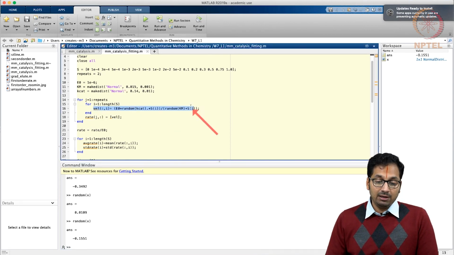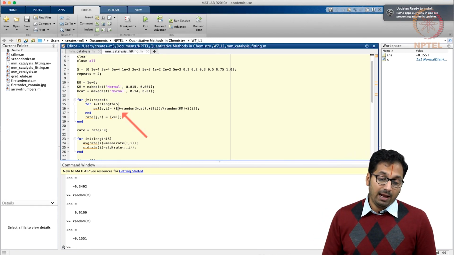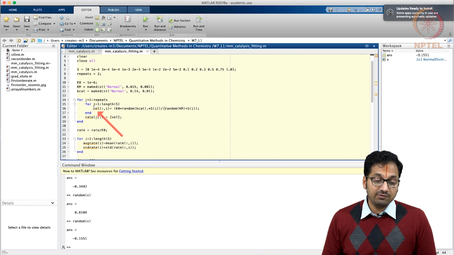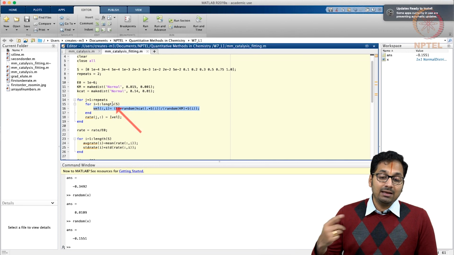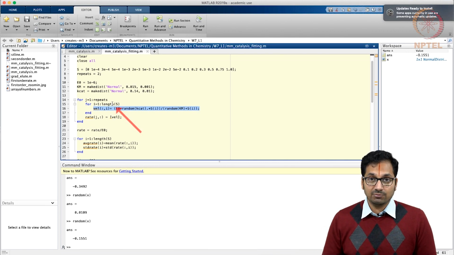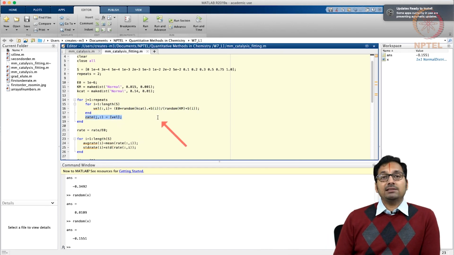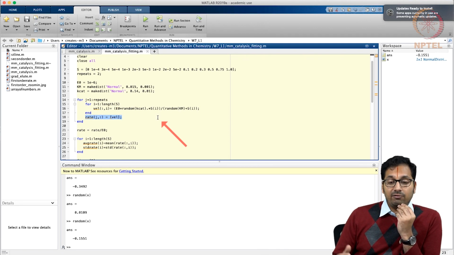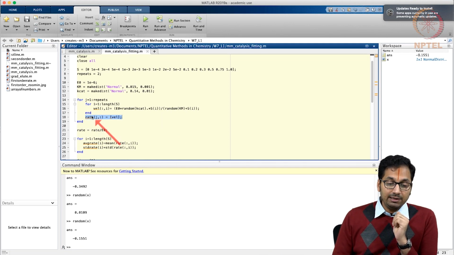So what ends up happening now is that the velocity is simulated for every substrate concentration, and the enzyme concentration is kept constant. You can also introduce an error there, that could also be done. The random value for each km and kcat will simulate a certain specific value of rate. As the concentration of S is increased, the kcat is also randomized, and so is km. So you are going to randomly determine the rate, and then of course, as we did last time, we are also saving the rate for all these repeats so that we have a memory of how many repeats went through, and that goes finally into the value rate.